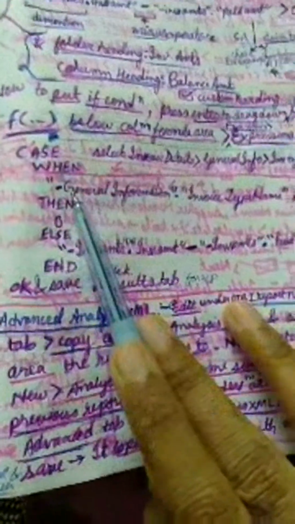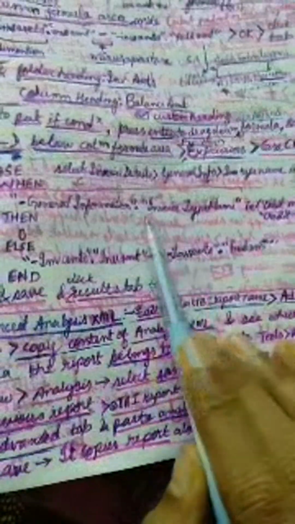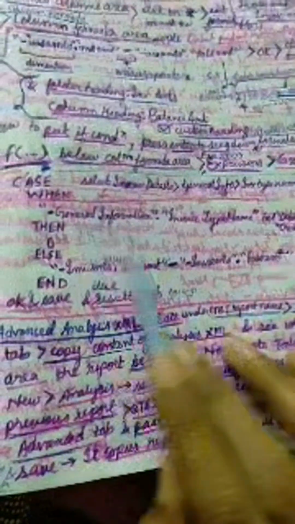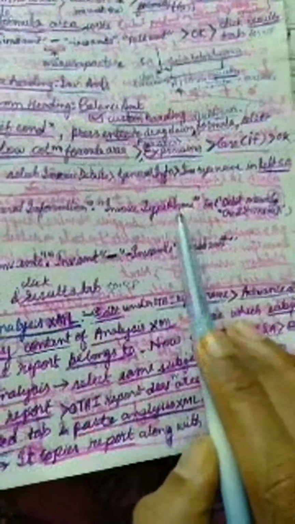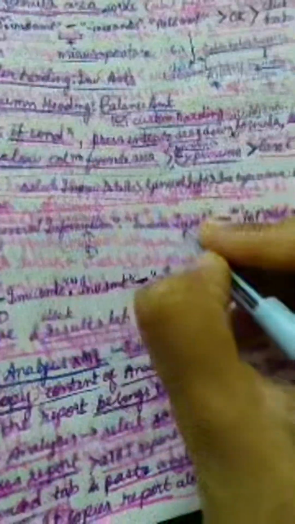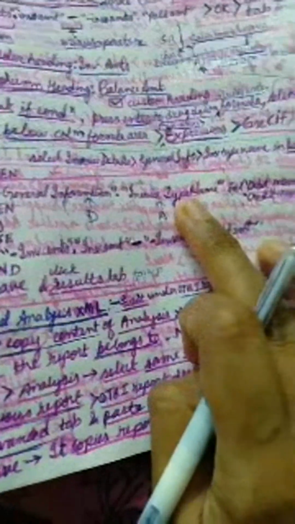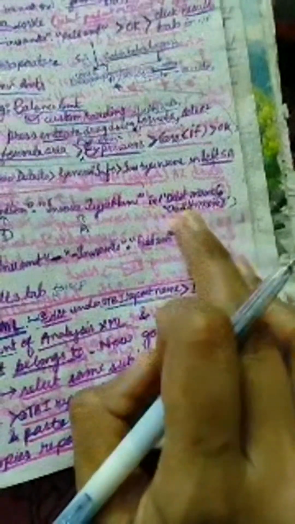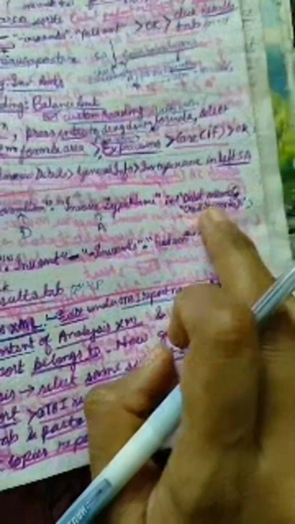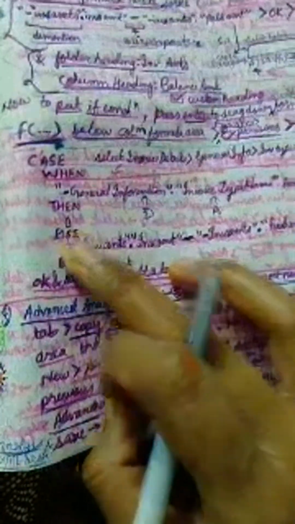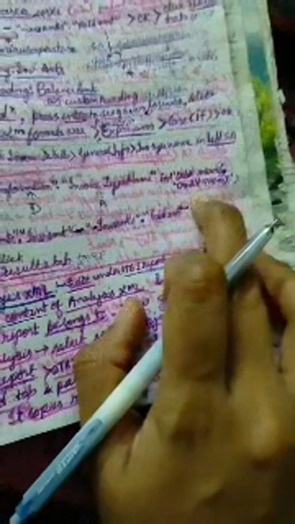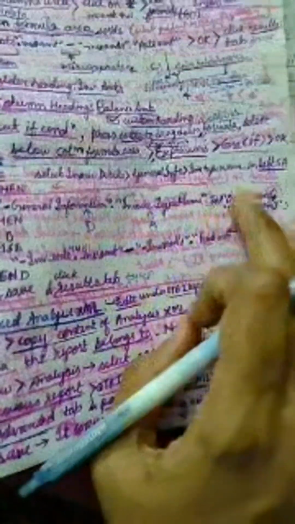Case when general information, we'll take the invoice type name from the general information dimension. So this is the attribute now. Now this is my dimension and this is my attribute. So if this attribute is in debit memo, the values are debit memo and credit memo. If these values are in debit and credit memo, then we will select 0 value, because these two values are in negative. So if my invoice type name is in these two values, then select 0, else